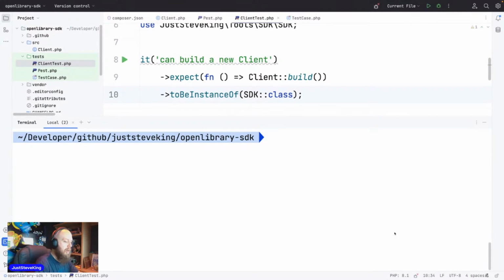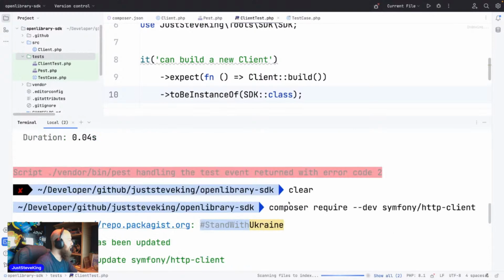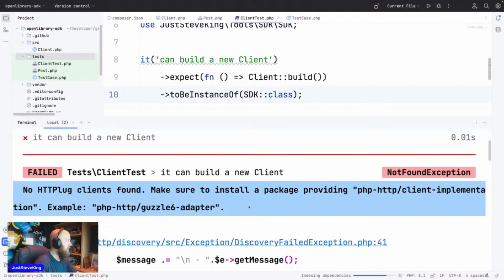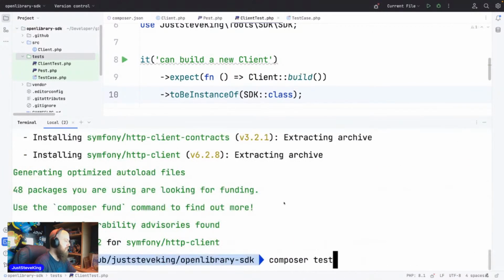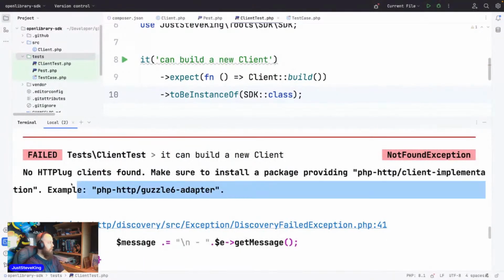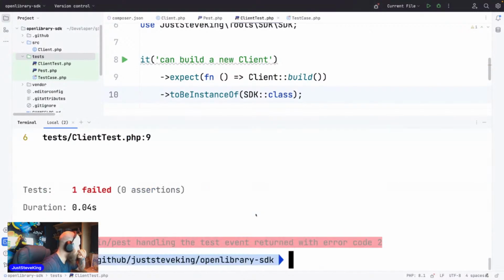So to fix this part, we are going to install a development requirement for the Symfony HTTP client. Because what the error is saying is that it cannot find a HTTP client available. So it should have it now. No plug clients available. We may also need to install,